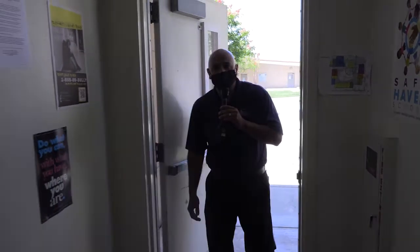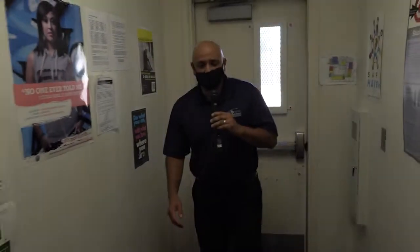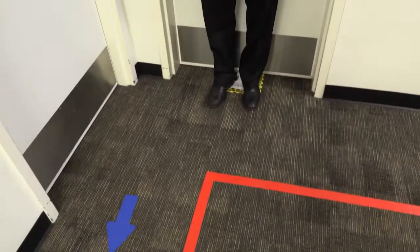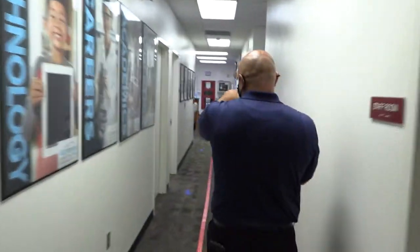As you enter back into the main hallway, again, you have the markers on the ground here. What we're going to be doing is we have the stand here markers, and you're going to stand here to ensure that nobody is in the hallway. Once you see that it is clear, then you proceed to the staff room, or if you're on the way out, what we're going to be doing is going up to the main office, the main desk in the office,